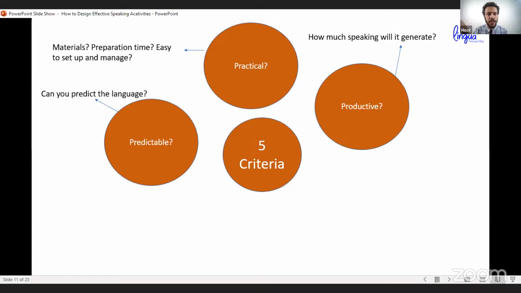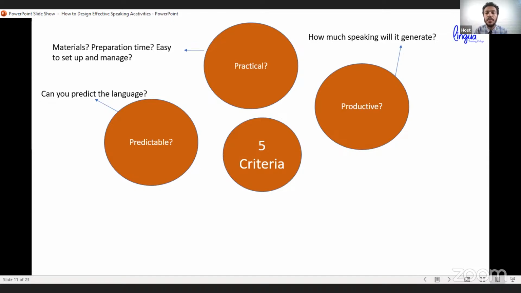So you start with supplying them with info and knowledge on the language, and then they digest it, they understand, they get the meaning, the form, the pronunciation. Now put it into practice by speaking. But if you give them a speaking activity that has nothing to do with what you taught them, now the whole session is not coherent. So if you go back, we need to have it productive,